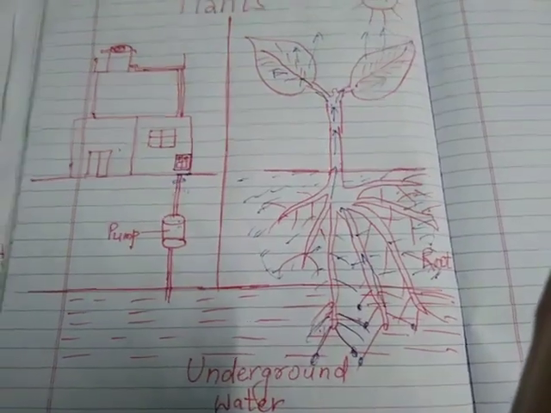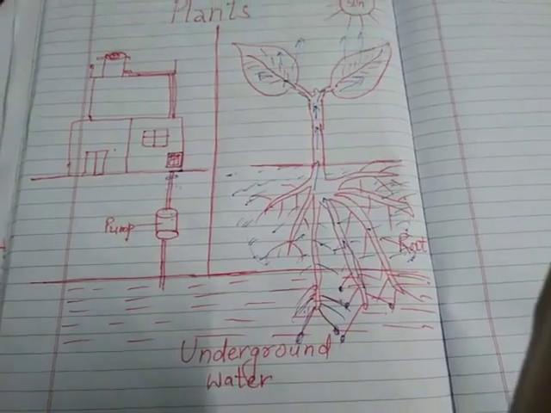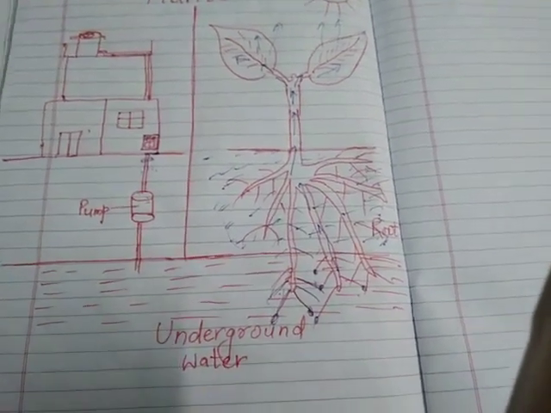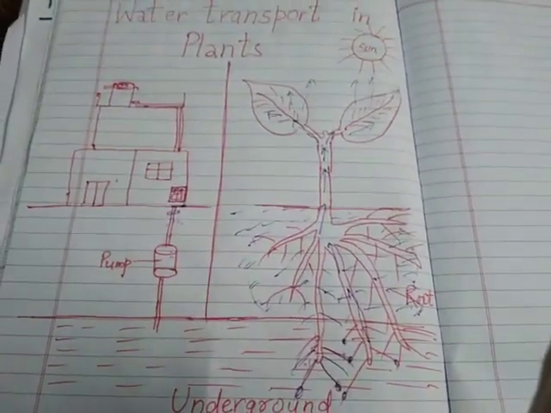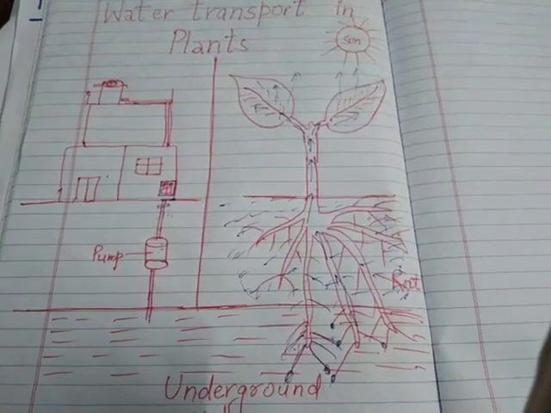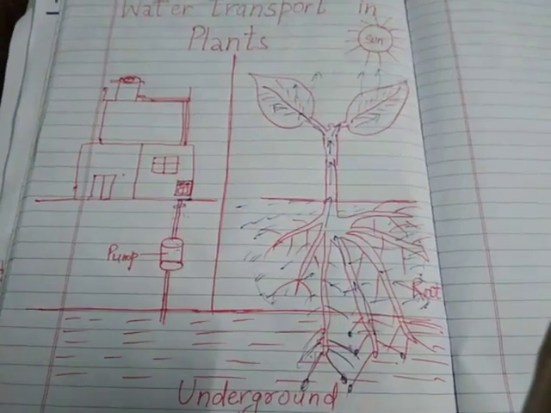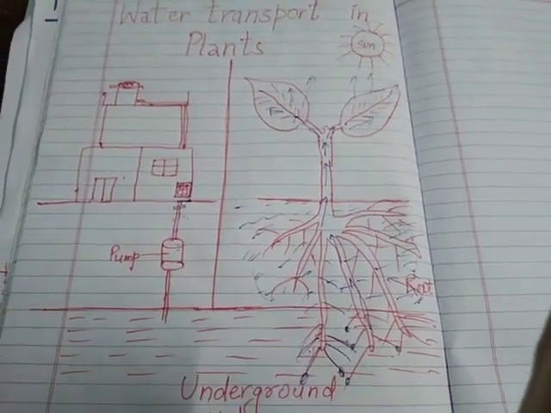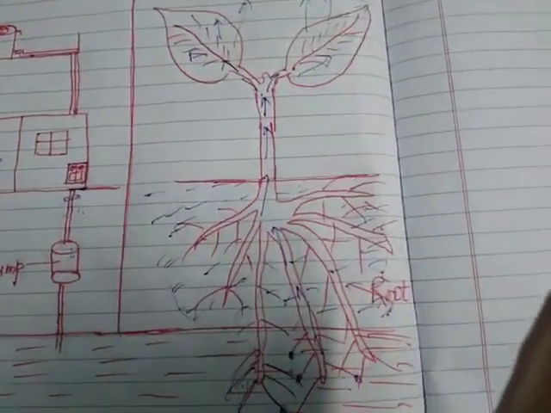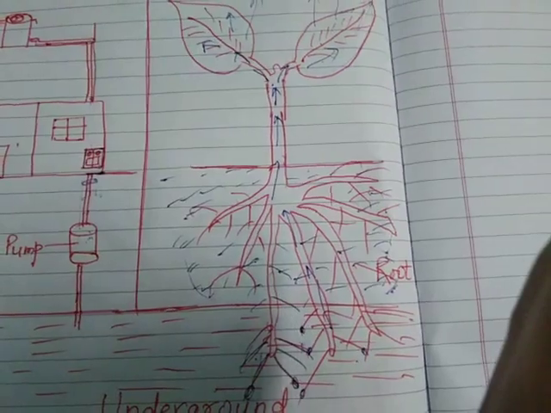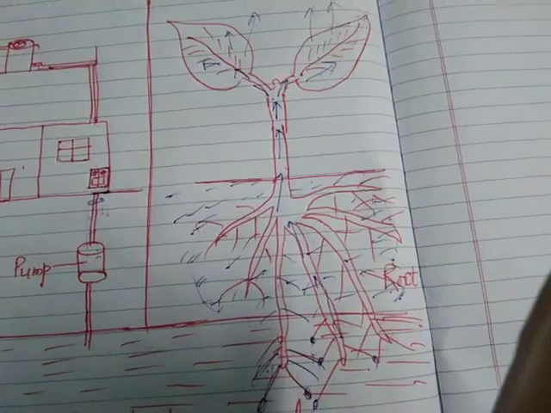When we cook our food, this process is known as cooking. When we make our food in the kitchen, this process is known as cooking. But when the plants make their own food, that process is known as photosynthesis. Like, while cooking, we need various ingredients for cooking food. Likewise, plants also need various ingredients to cook their food.